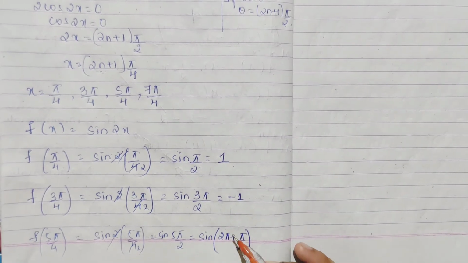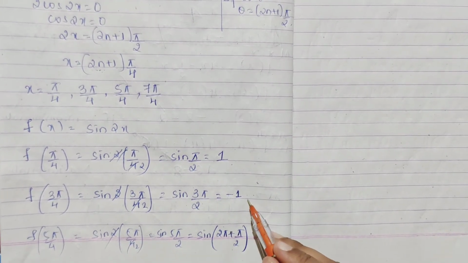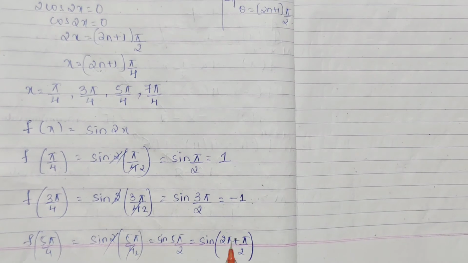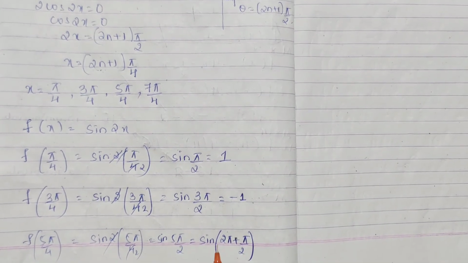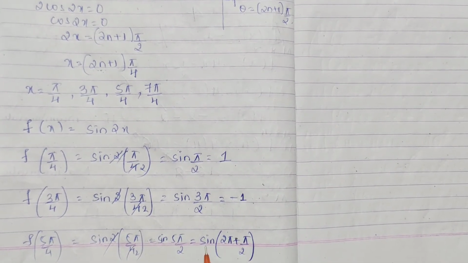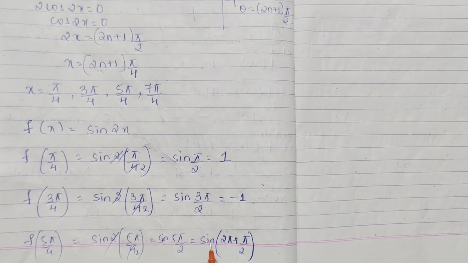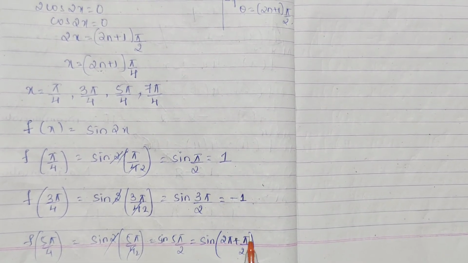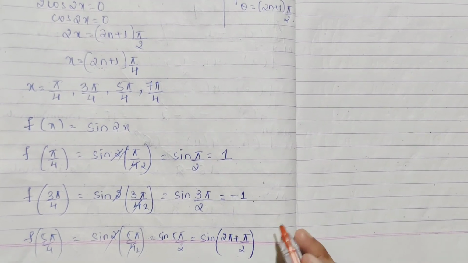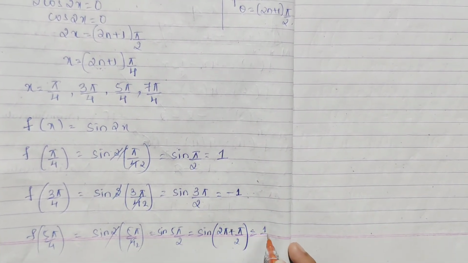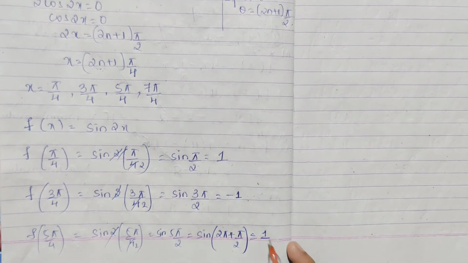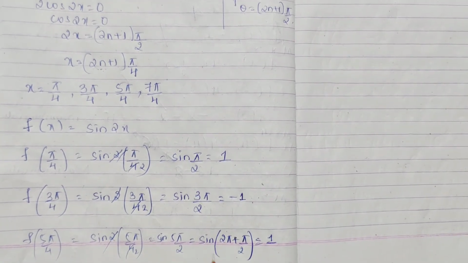Even multiples of pi, like 2 pi, 3 pi, everything, 2 pi plus pi by 2, 3 pi plus pi by 2, you can write it like this, right? So if it is even, your function doesn't change, it remains sine only, and it will be x. So sine pi by 2 only you will get. So sine pi by 2 is what? It is 1. Don't forget this. These are your basics. In your 11th class you have studied it.